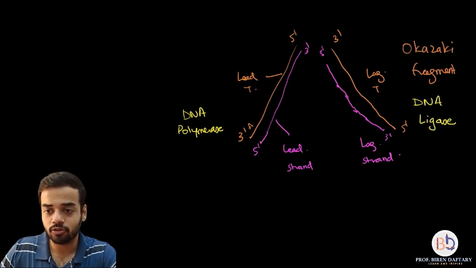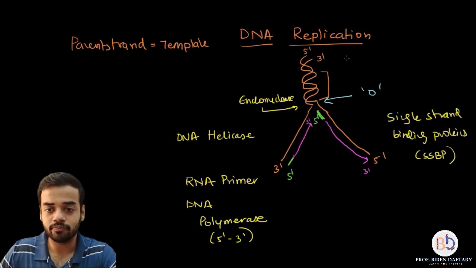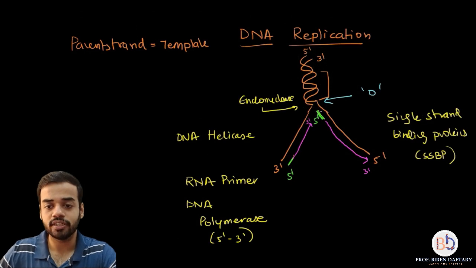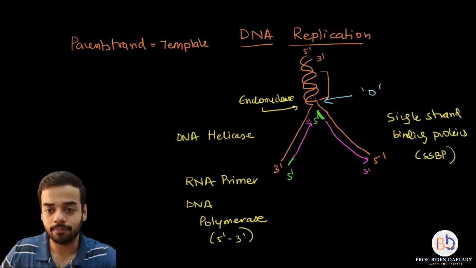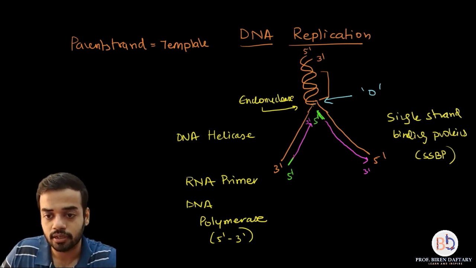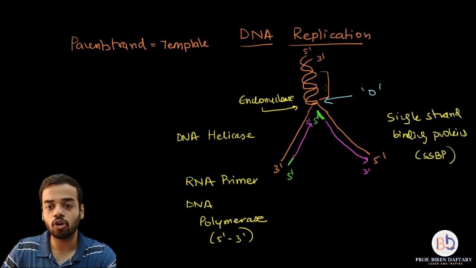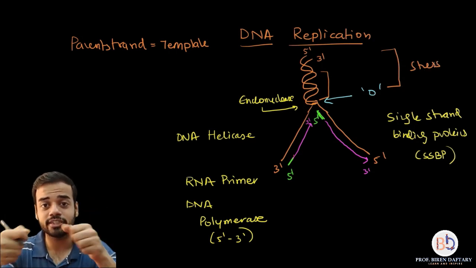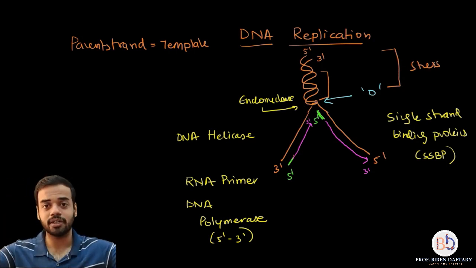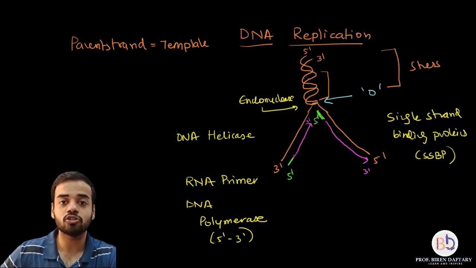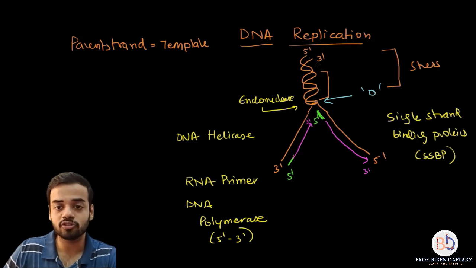Now one part which I wanted to tell you was about this initial part which is coiled. When these two strands are uncoiling, the uncoiling is happening up to this origin area, correct? So there is a lot of stress created. This entire area which is not uncoiled has a lot of stress because the two strands below are separating, so stress is going upwards, and because of the stress there are supercoils which are formed. So what is a supercoil?